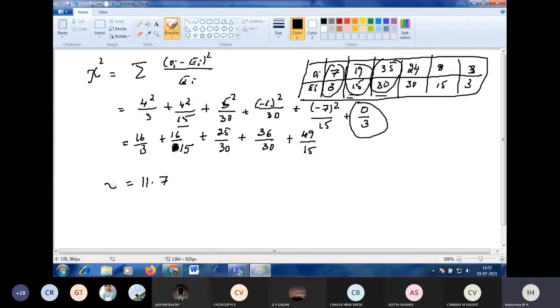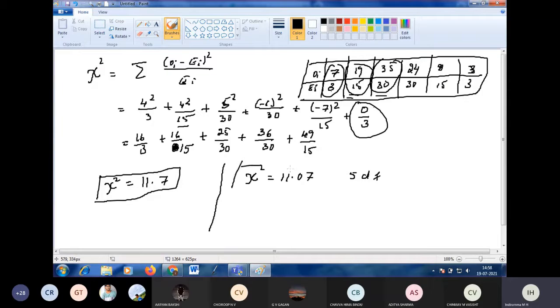Directly add using your calculator and tell me the answer. This is chi-square, okay? So this is an error, or a correspondence value. Chi-square gives us the correspondence value between the observed value as well as expected value. But in the question itself they have given the chi-square value, which is actually a fixed value: 11.07, with 5 degrees of freedom. The standard value of chi-square with 5 degrees of freedom is 11.07. This is the standard value we have.